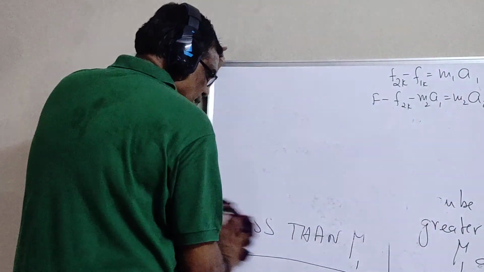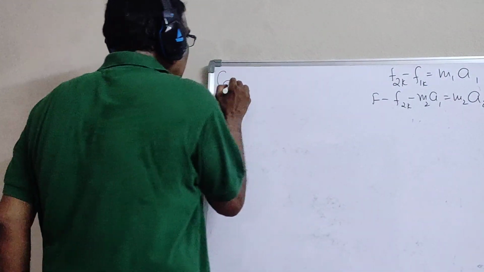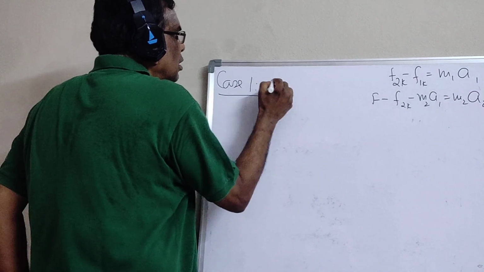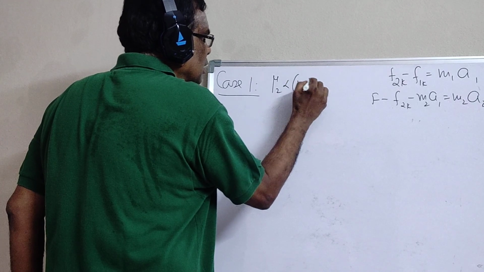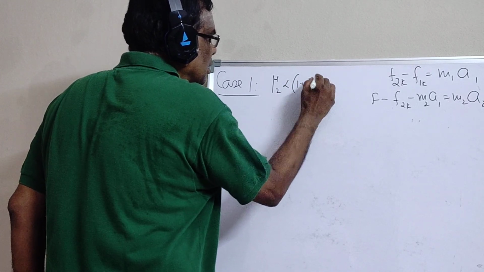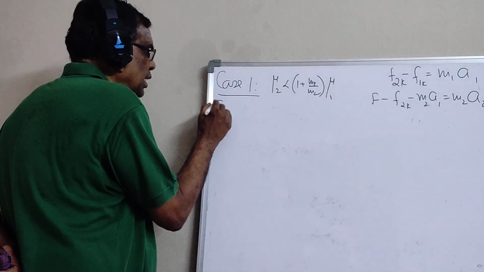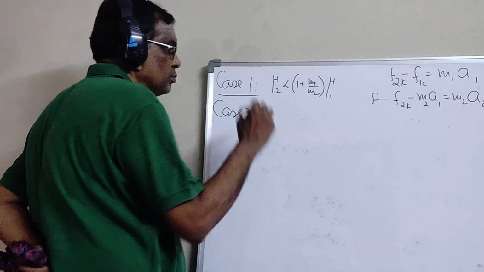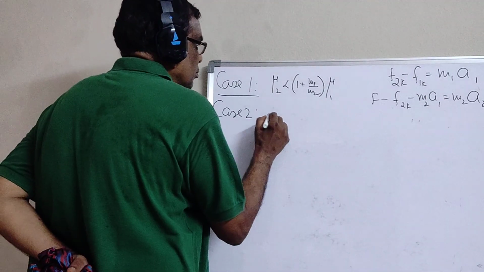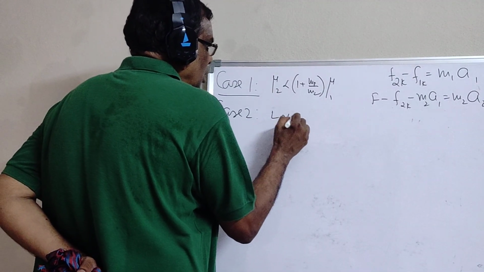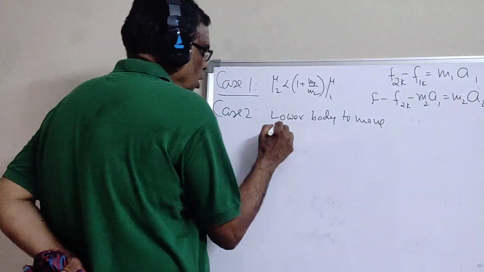Now, the first case we saw. What did we say? Case 1: mu2 must be less than this one. What is case 2? The condition for the lower body to move, then obviously